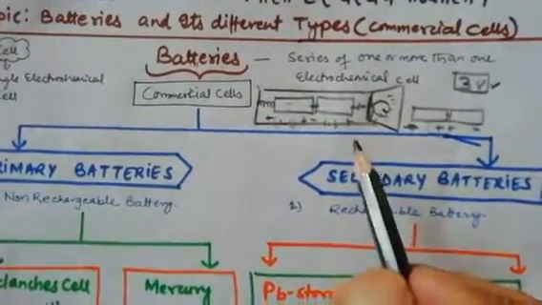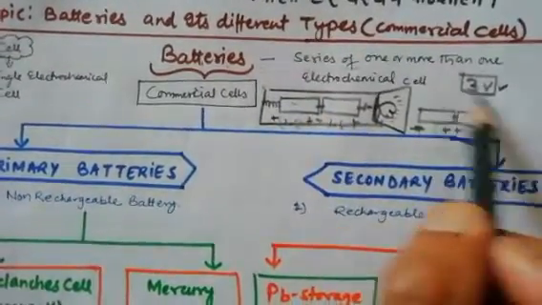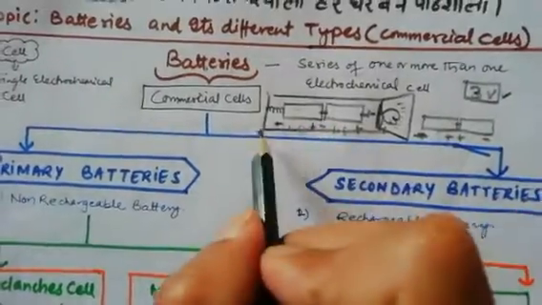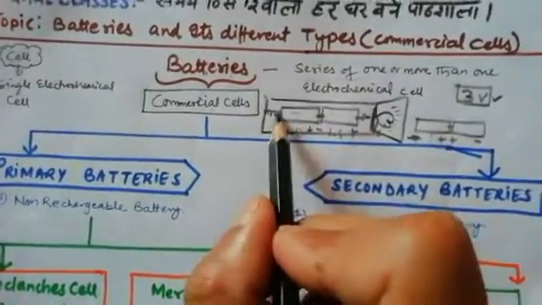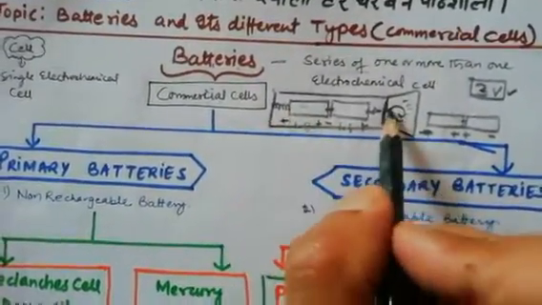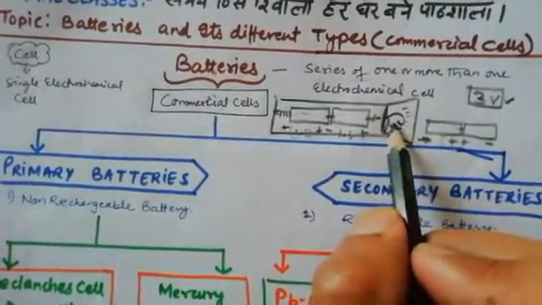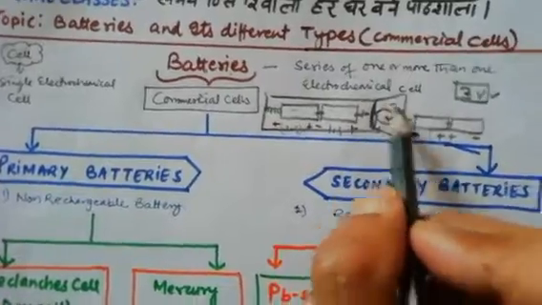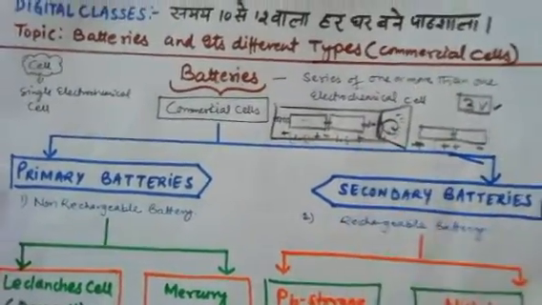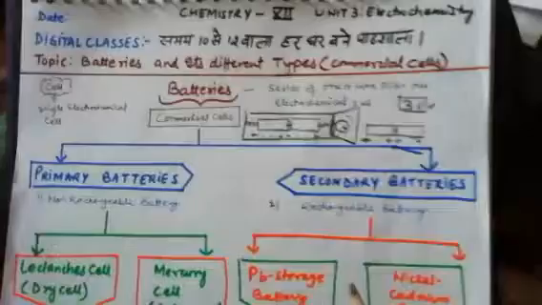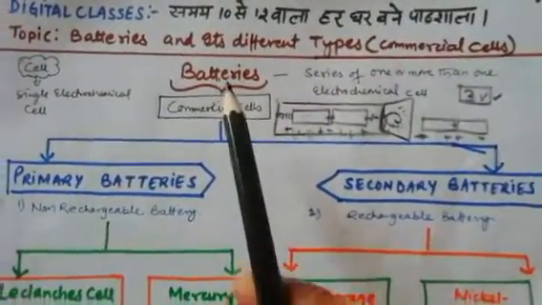But when in the night we are using the torch, we need to reverse the cell and reverse its terminals, negative and positive. At that time the circuit is complete, and the two 1.5 volt cells become 3 volts to light this bulb. That 3 volt energy is there, and the torch will work. So this is a very simple process to explain how a battery works.